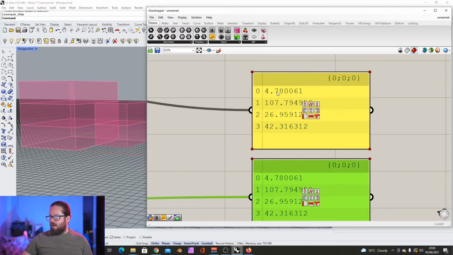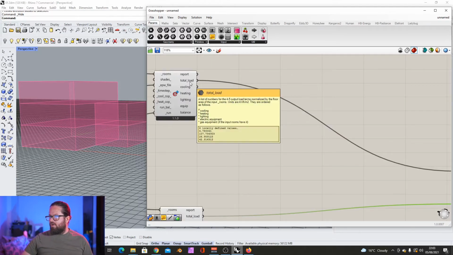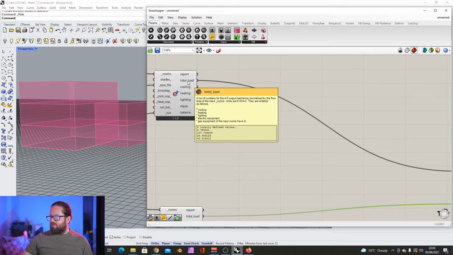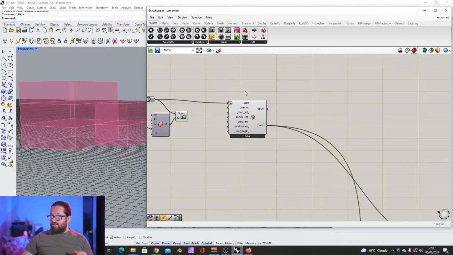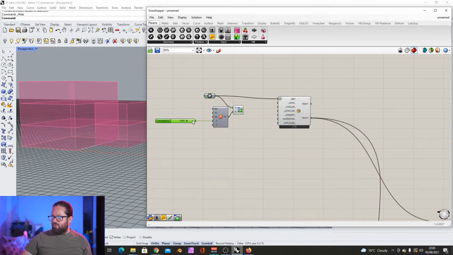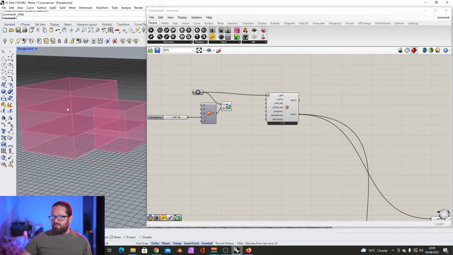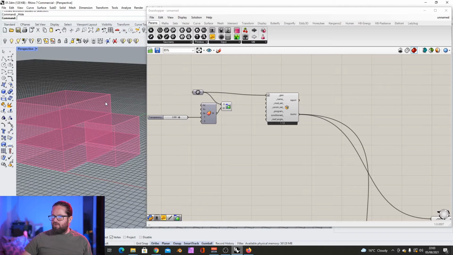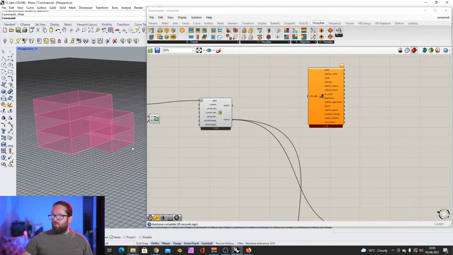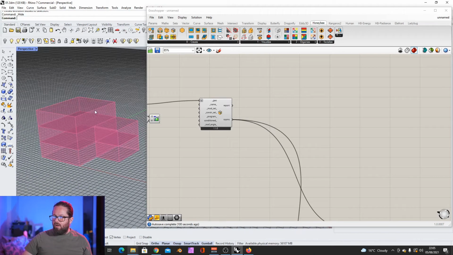So again, this is kilowatt hours per square meter for cooling, heating, lighting, electricity equipment, and gas equipment. If gas equipment is defined, which is here, it's not. But let's look into the rooms a bit more closely, because I think it's important, and we want to learn how to create windows and stuff like that. So at the moment we have just stacked boxes, and there is not much information going on. Honeybee just translated them to rooms. That's it. So if we want to now, for example, understand how Honeybee understands this geometry, then we can